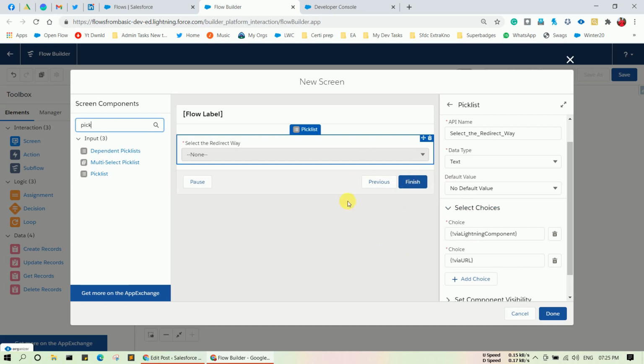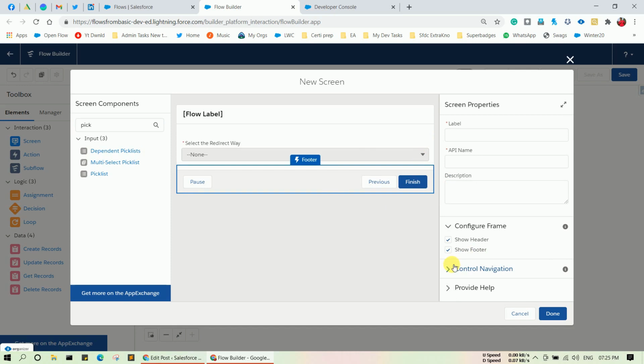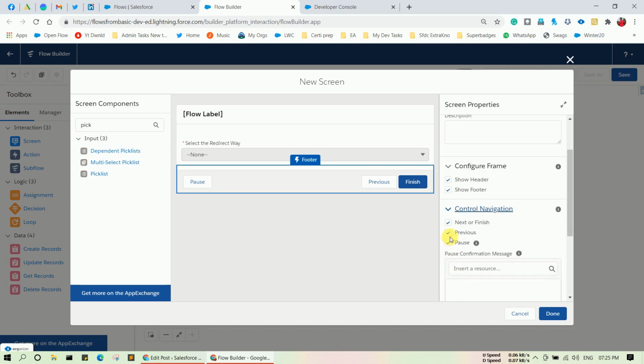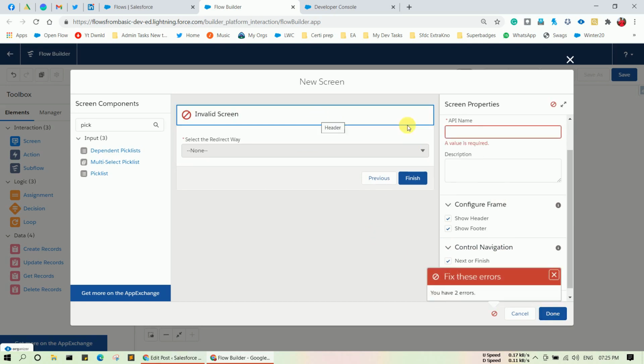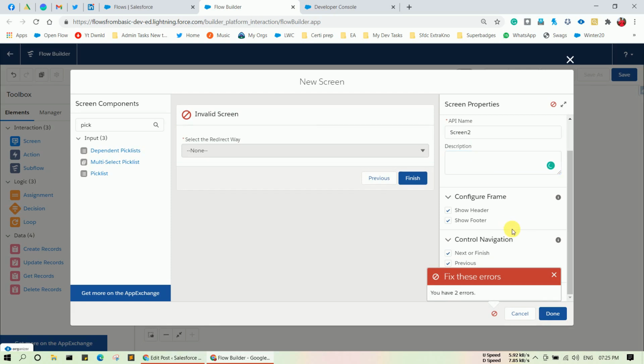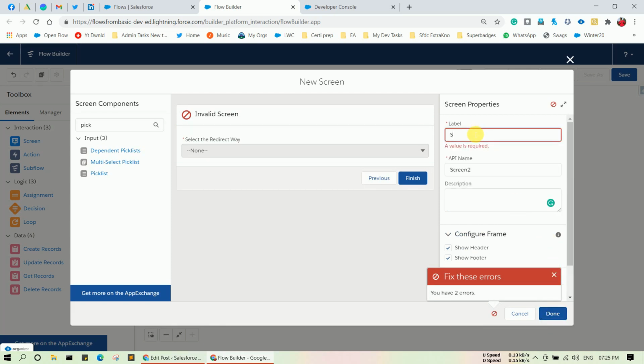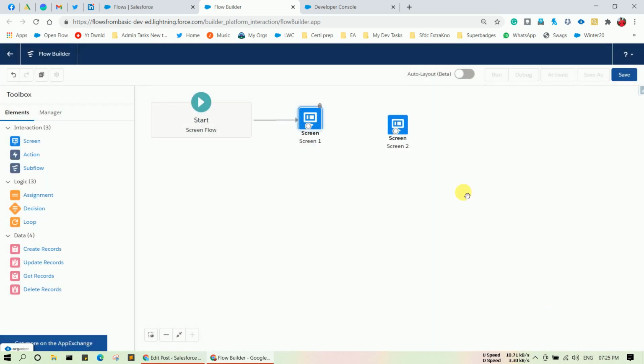Now I have to configure the footer. Click on footer and control navigation, and deselect the pause button. Now simply click done. Oh, I have to provide the screen name, let's say screen 2. Click done and connect the screens.